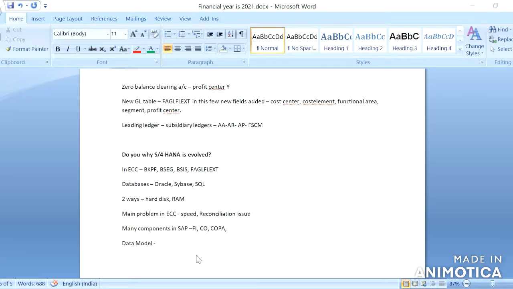As a functional consultant, if we want to generate a new custom report, we need to write the functional specifications where we need to pick the data from different tables, which is a complex job.